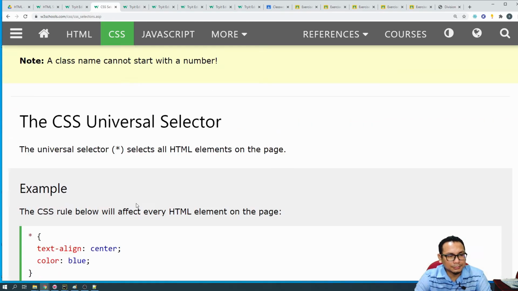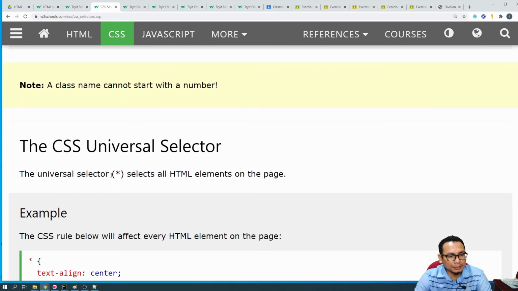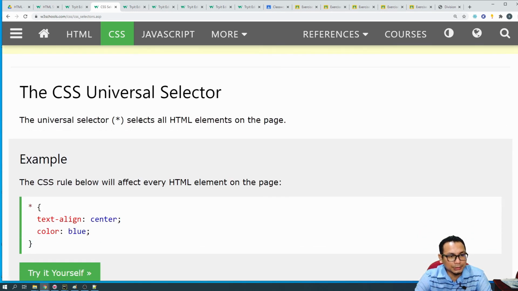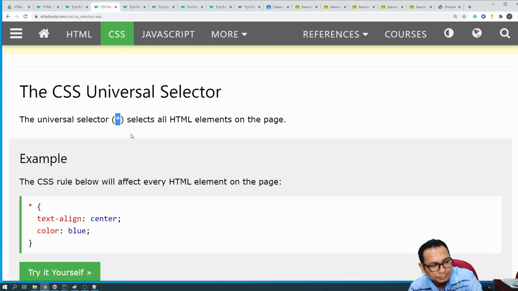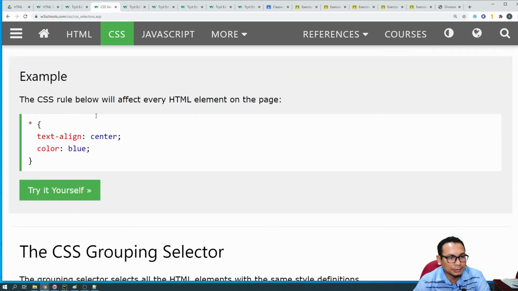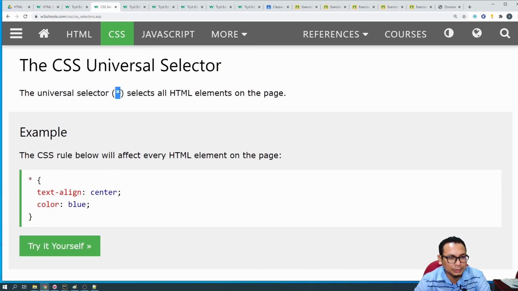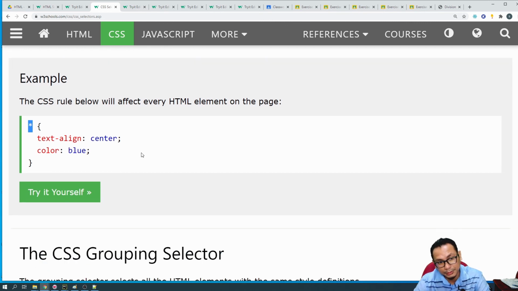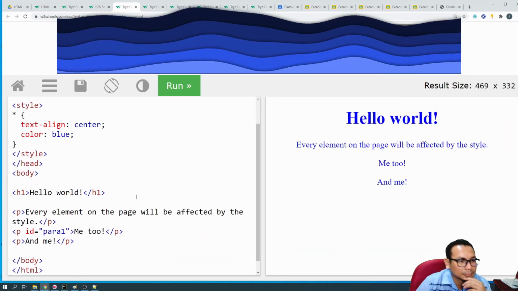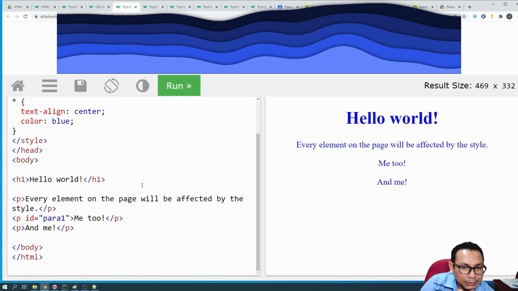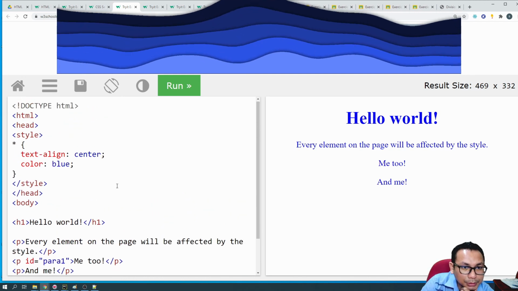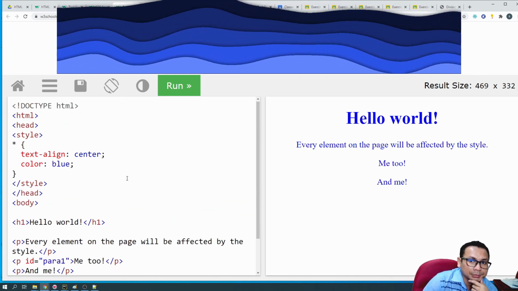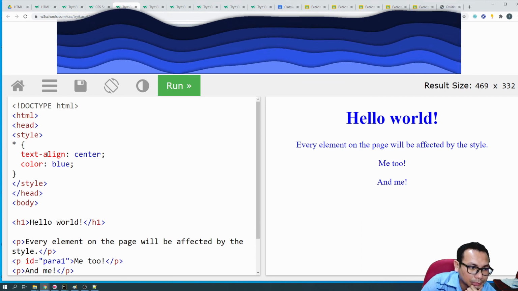Okay, another one, you can use universal selector. So universal selector ni can apply to anyone lah. Ni guna asterisk ni ataupun star ni. Letak asterisk tu dia apply untuk semua sekali. Universal. Kalau universal ni macam mana pula ni? For example, dia punya